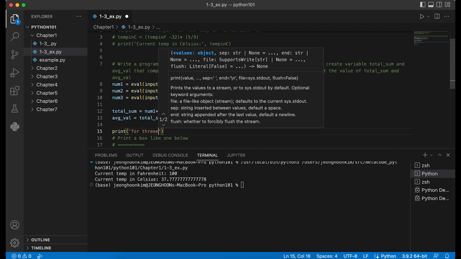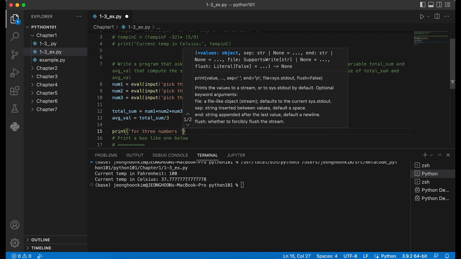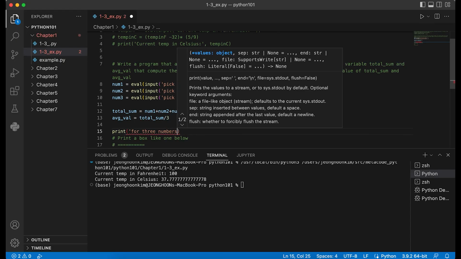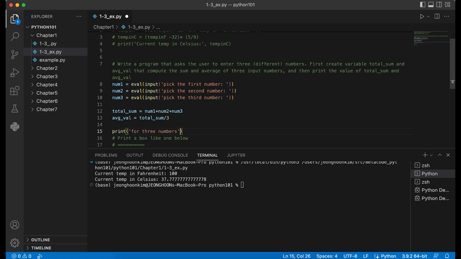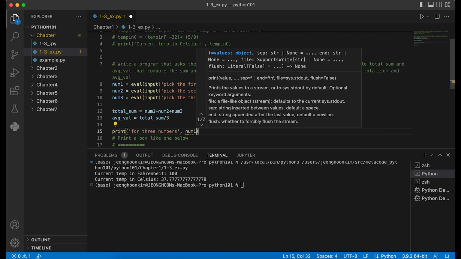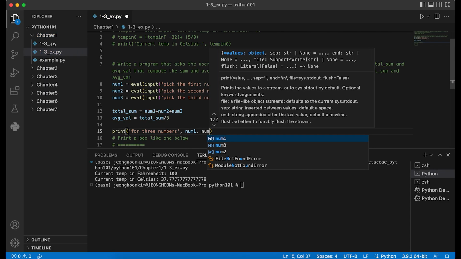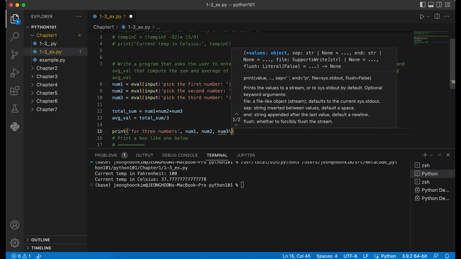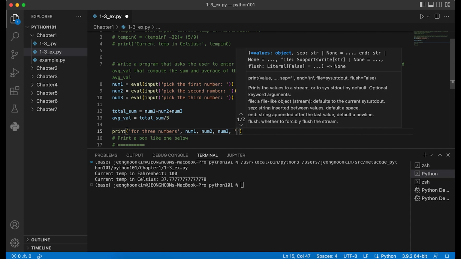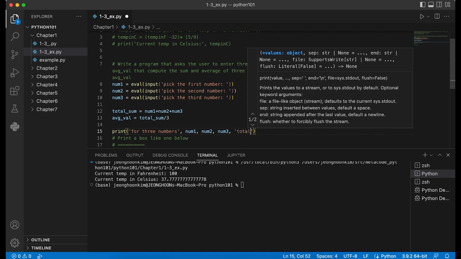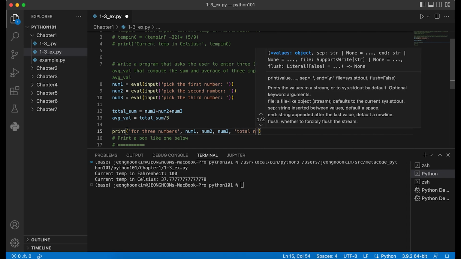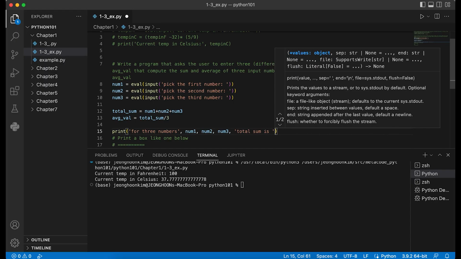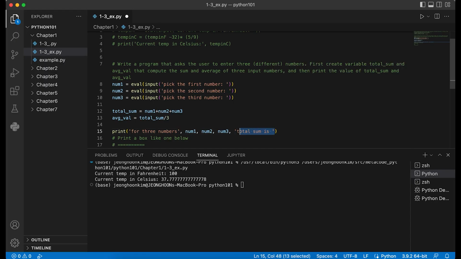And then print for 3 numbers num1, num2, num3, total sum is, okay, let me actually use next line and the end function.